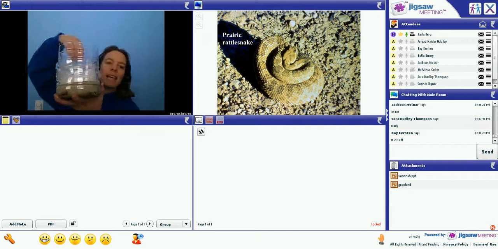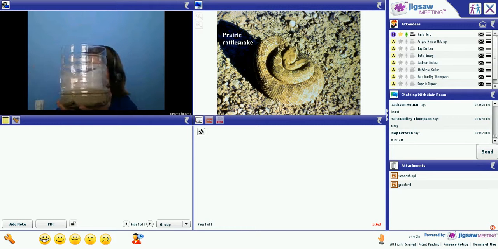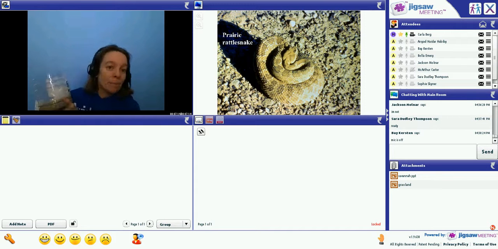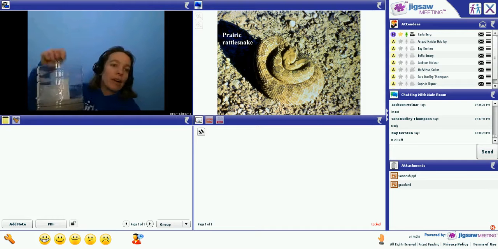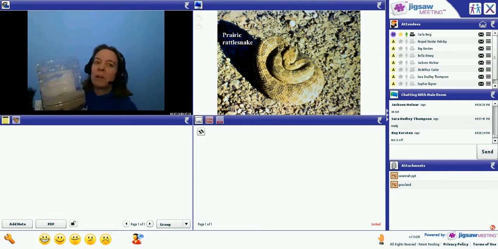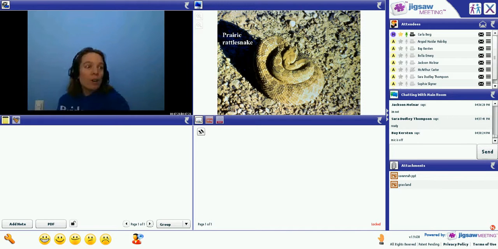But if you have a plant, you are going to take it and you are going to plant it towards the center of your terrarium. If you have your worm, you are going to add it to your terrarium as well. Just put it right on top. It will find its way in through the dirt. Then you are going to pour a little bit of water to moisten the soil.